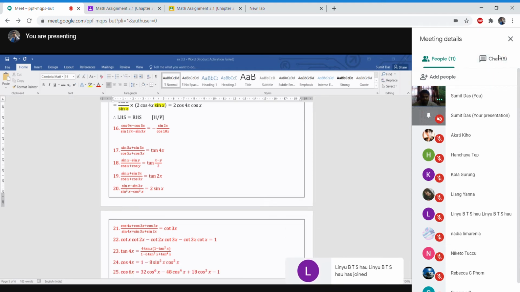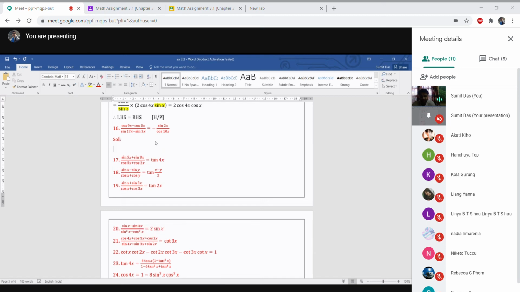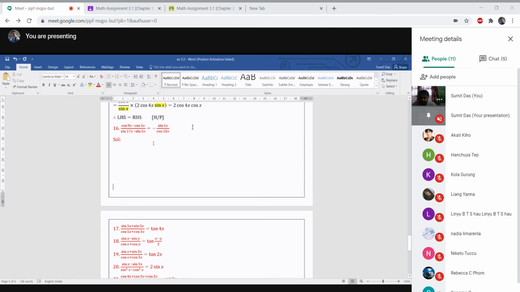Okay, so last day I ended here in question number 15, right? So question number 16, I'll start. Question number 16 is important. Look, you can see question number 16 and 17 look the same, right? So one question I'll do and one question I'll give as homework, okay? Otherwise, I can't finish the chapter. Fine.